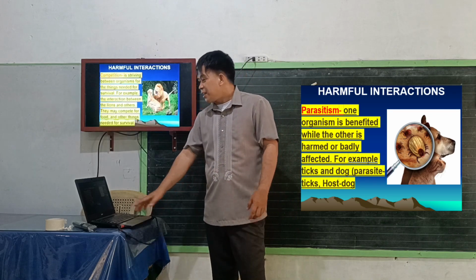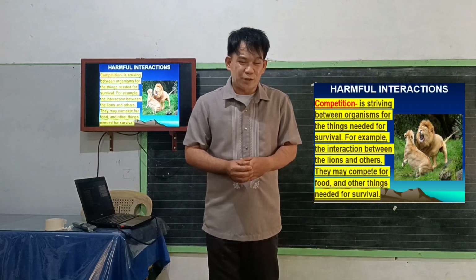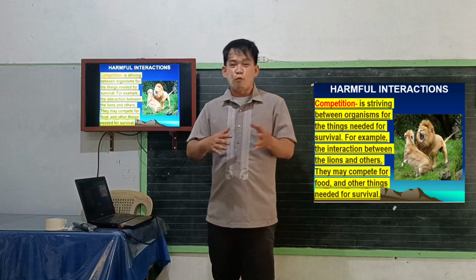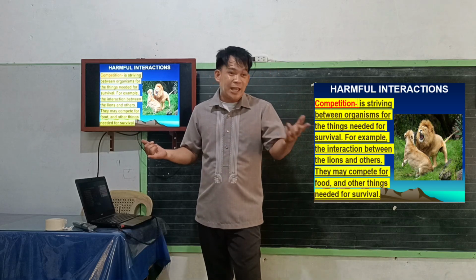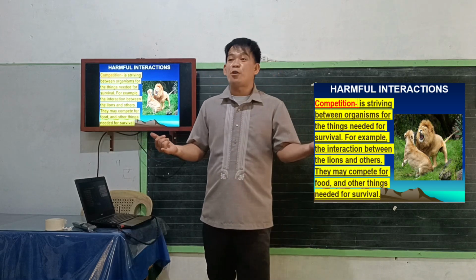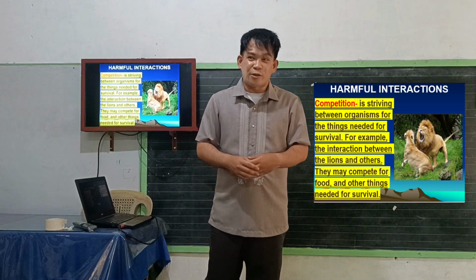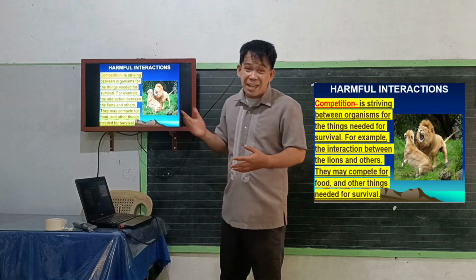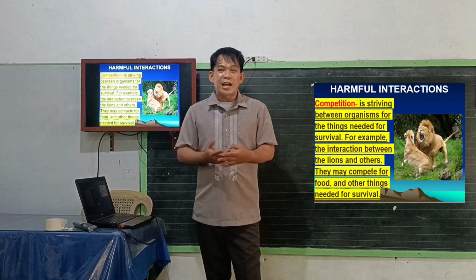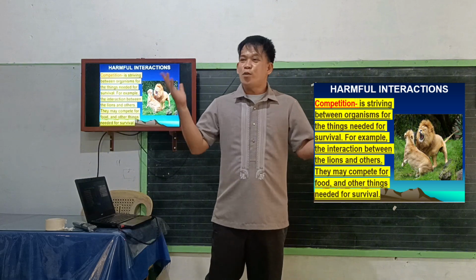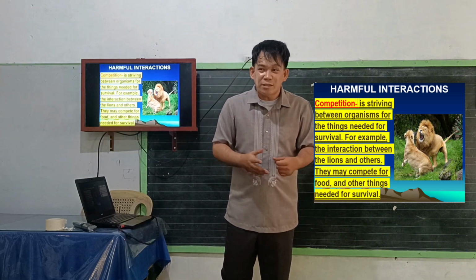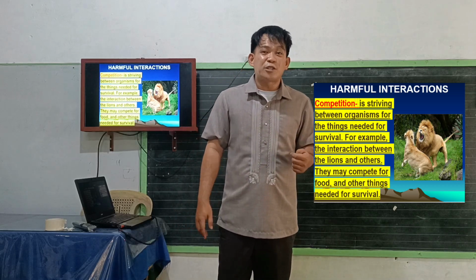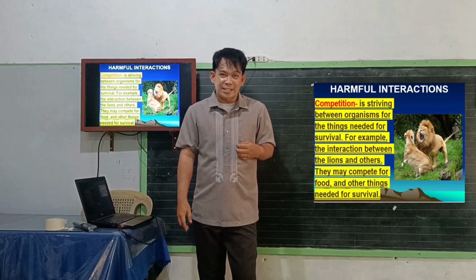Alright. And another one is competition. When you say competition, it is when two or more living organisms try to compete for something like food. What else? Yes, territory or shelter or habitat or even relationship. Commonly, it happens to lions and other territorial living organisms. There are so many things that we have mentioned. So class, I hope you were able to understand these interactions of living and non-living organisms.